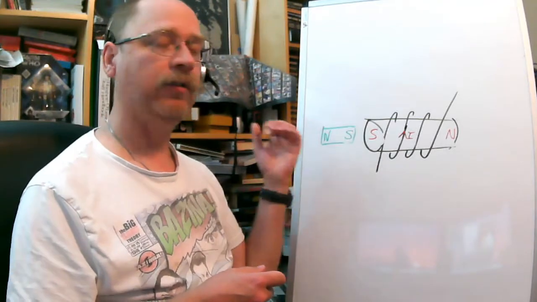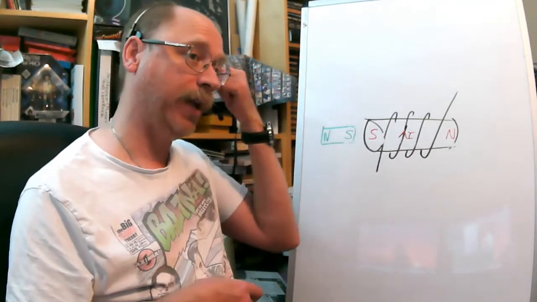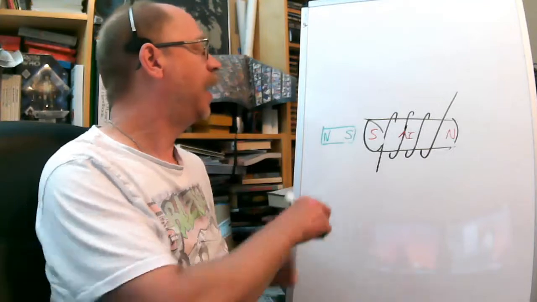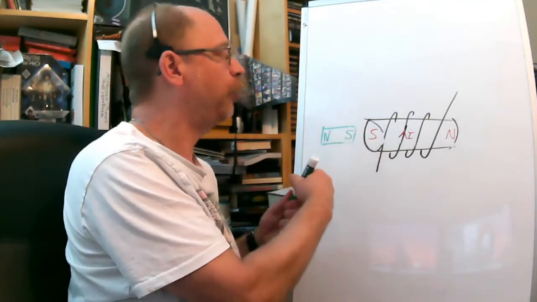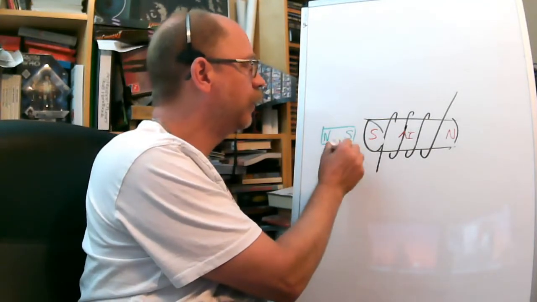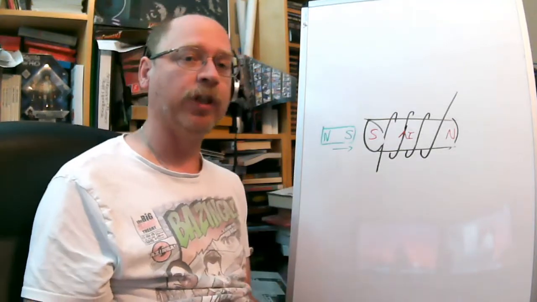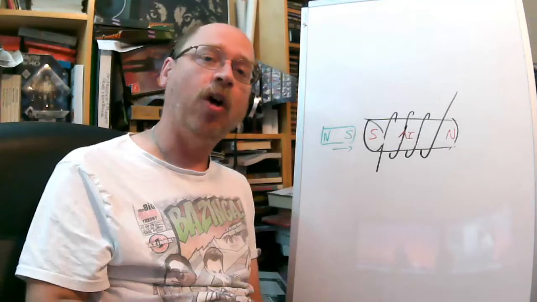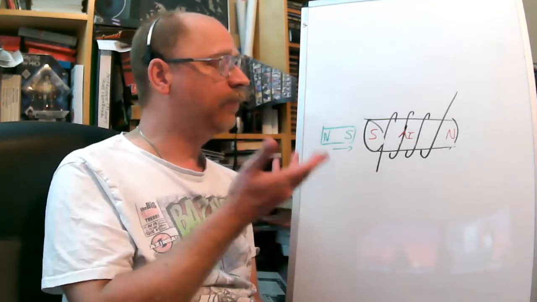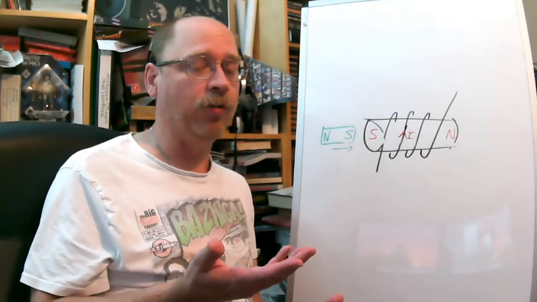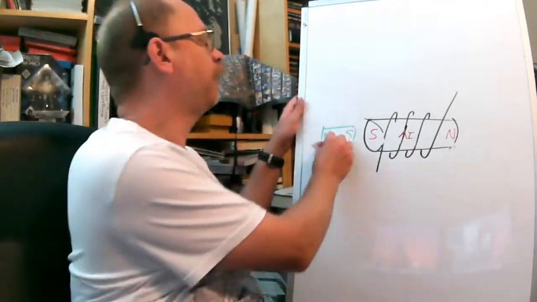Pull this away? No, because the south and south repelling would make that easy. Trying to push the magnet in, south to south, would be difficult. Oh, I figured out which direction we're pushing the magnet. Okay, so it's always going to be one of the three things that we essentially don't know. The other thing not to get freaked out about